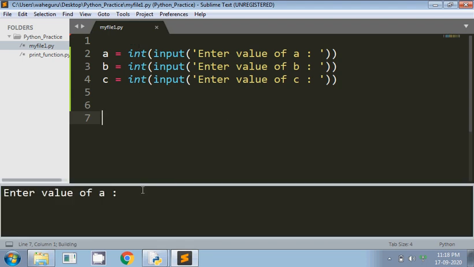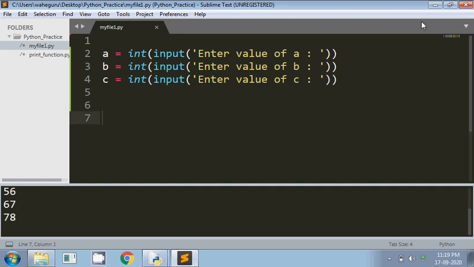So it says enter the value of a. Let's say I use 11. As soon as I press enter, you can see that it didn't ask for the value of b. And if I try to input any value, it will not work. This is the limitation of Sublime Text, that it doesn't support input functions by default. But what we can do is use a tool, or you can say a package, which will enable the functionality of the input function in Sublime Text.